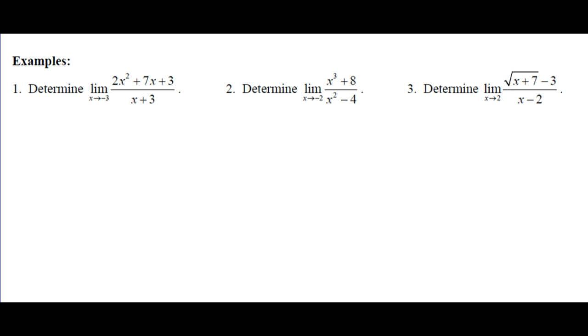Examples. All right, now I have to remember I need room for this one, so I'm going to squeeze these guys on. Determine the limit as x approaches -3. Okay, so first thing we want to do is evaluate this. You put a -3 in here, you get a 0. We get 18 minus 21 plus 3, which is 0. So this will evaluate to 0 over 0,